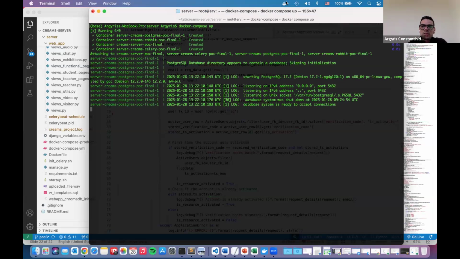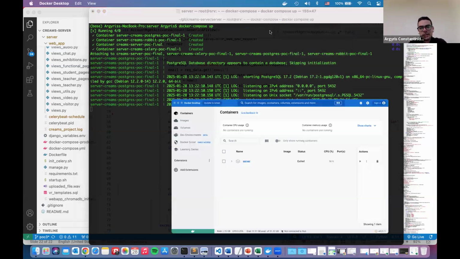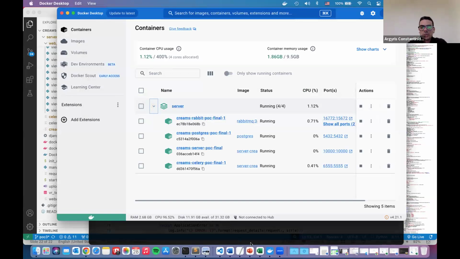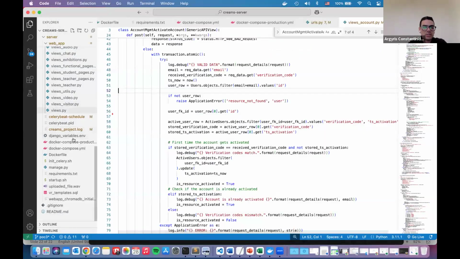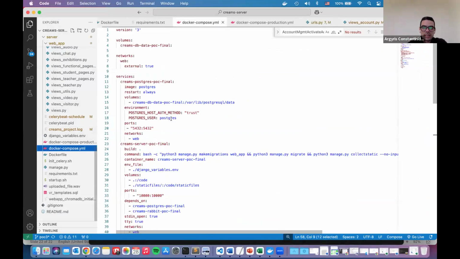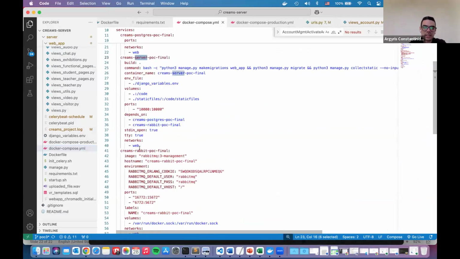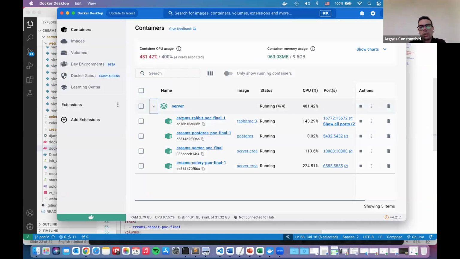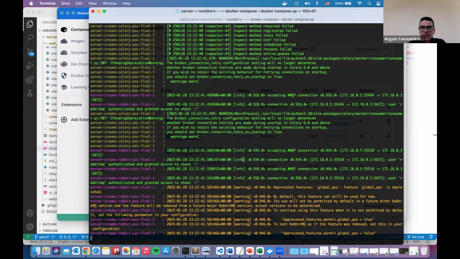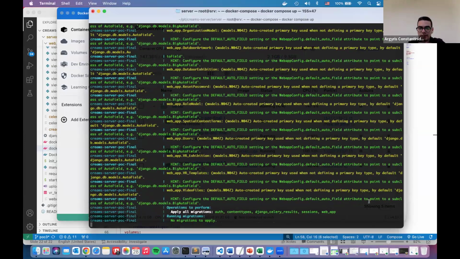And this now will generate the services that we saw on the Docker Compose file. So these services now, the Postgres service, the development server, RabbitMQ, and Celery will be generated here. And we see that they are all four running and they can interact with each other because they are part of the same local network. And now, let's wait a few seconds until everything starts up.